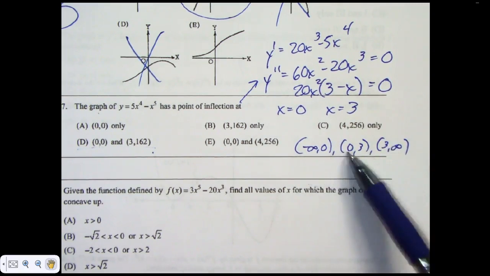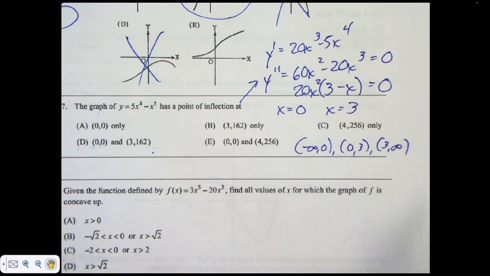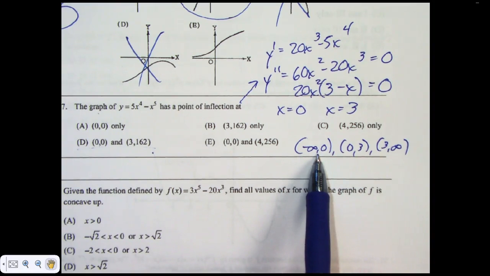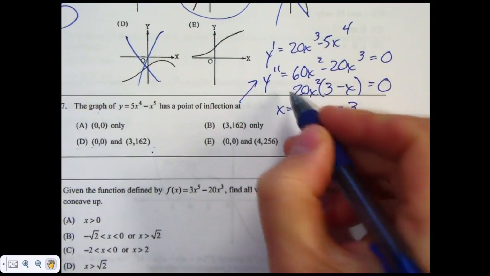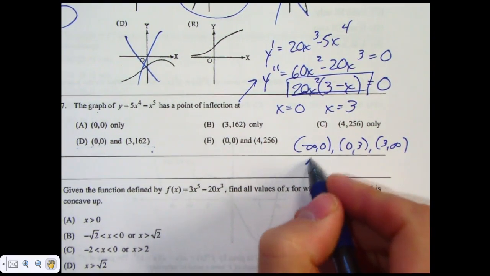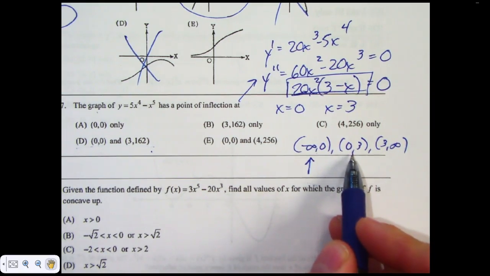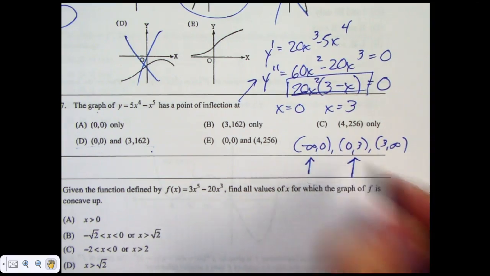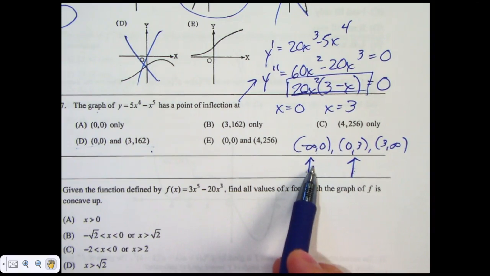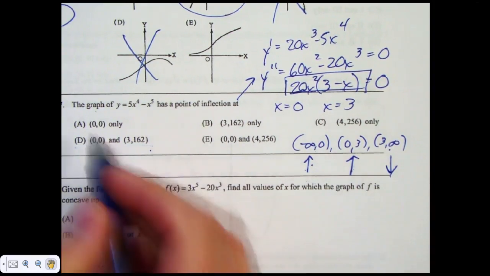So I pick a point from each window and plug back into what level? Into where? Second derivative. You plug back into where you came from. So if I plug in like negative 10, this part will be positive, the 20x squared, and 3 minus negative 10 would also be positive. So we're concave up there. If you plug in like 1, what happens? It'd still be positive, wouldn't it? So that's the trick right there. Is there a point of inflection when x equals 0? There's not. And then if I plug in like 10, I get positive times negative. So the only point of inflection is that